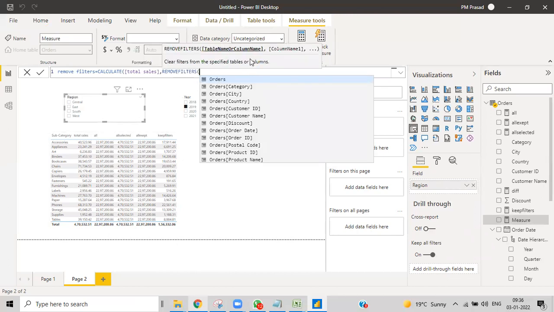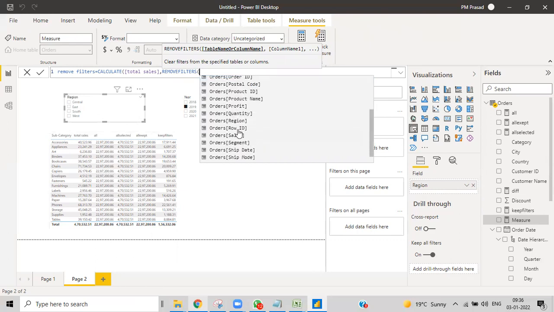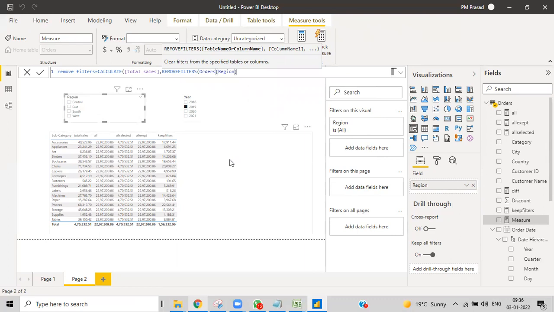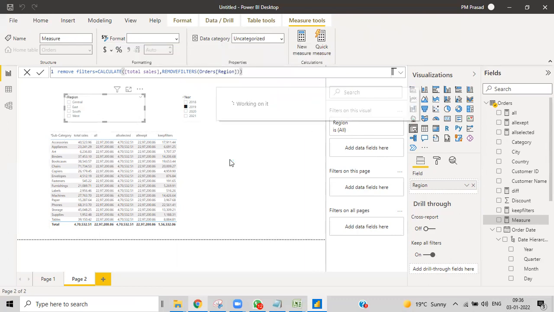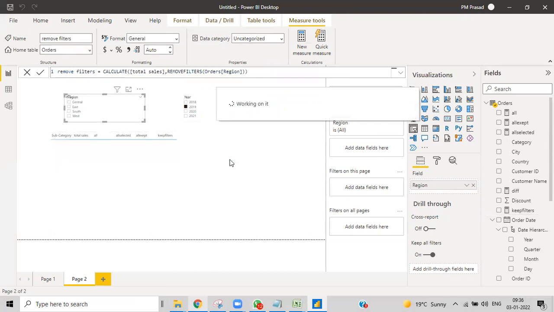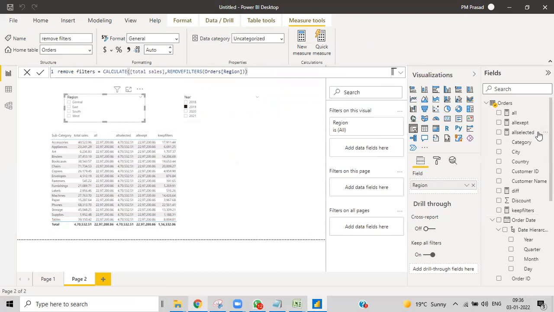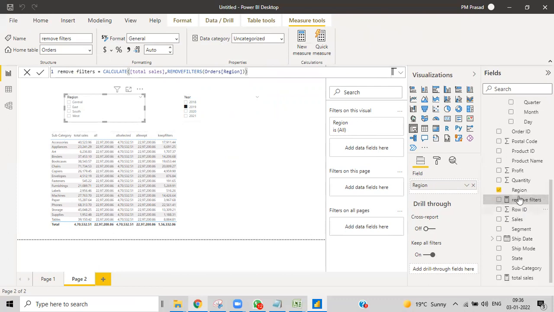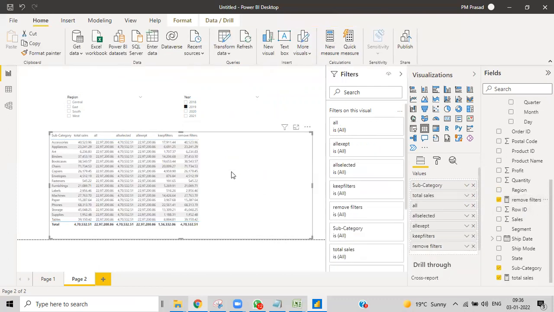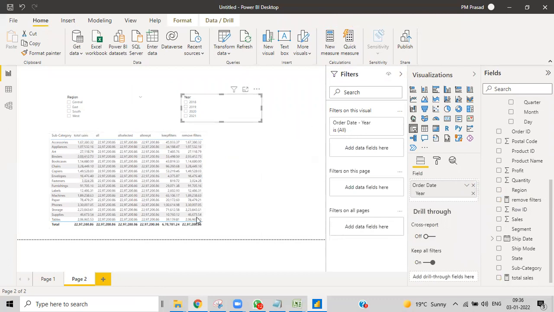You can give the table name or whatever over here, and from that we can take region. Right now I'm getting whatever filters you get, even the current context will work, the same thing that you get.